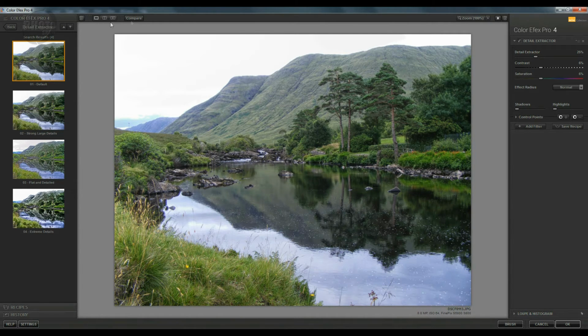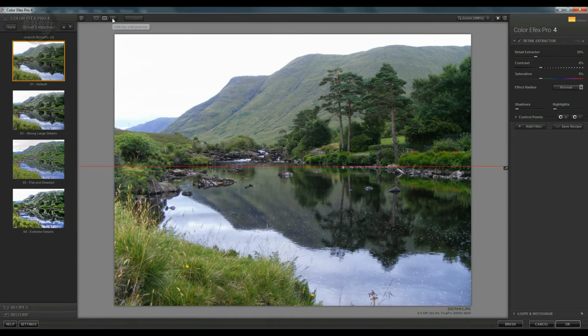So coming back here, top of the screen here, you've got some options. You've got your single image view, which we're on. You can click for a split preview, and you can see now that it's actually split the screen. So on the left hand side here we have the image before it was affected by the filter, and on the right hand side you've got the image with the filter affecting it. You can slide this across the image there so you can see how it's actually having an effect on it. You can also flip it to be a horizontal line,